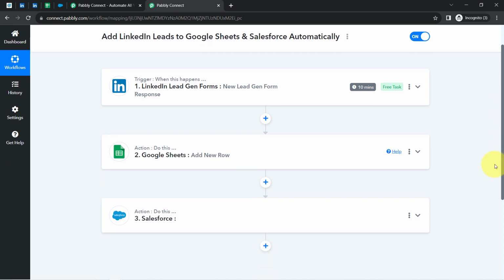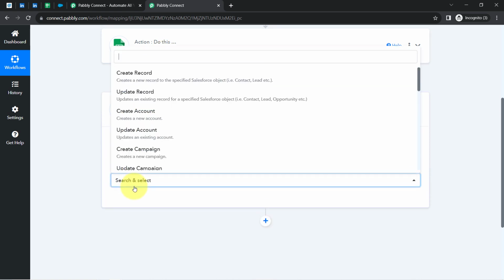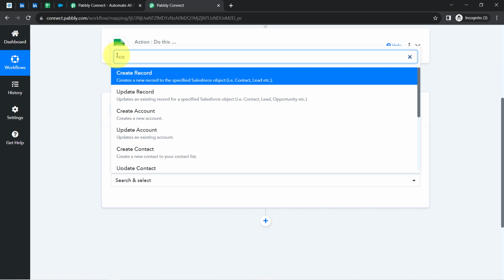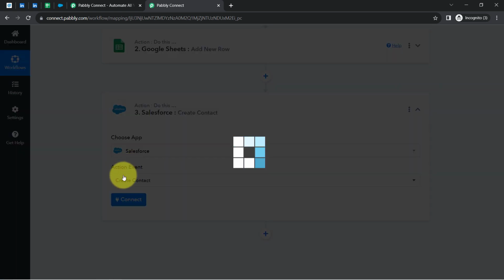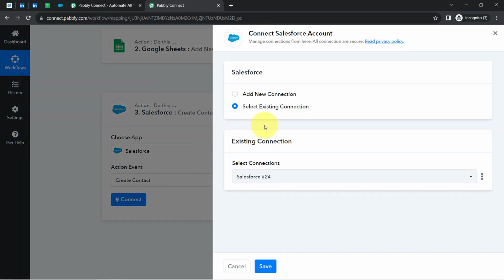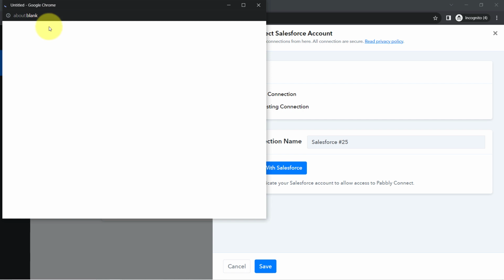Okay, so in this way, the second step is also done. Moving further, now finally I'm going to sync the lead data with Salesforce application. So the application is already selected. Let me also search for the action event, which is going to be create contact, because I want to perform the same. Clicking on connect, clicking on add new connection, clicking on this button, and because I'm already logged in